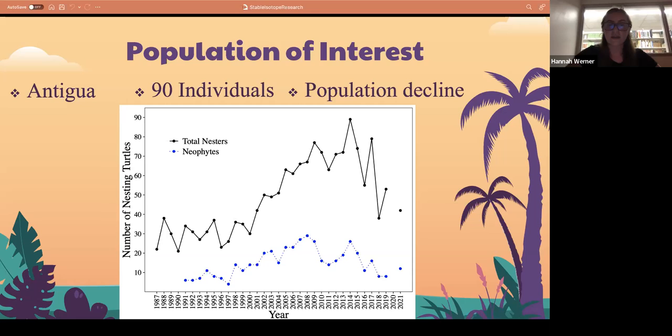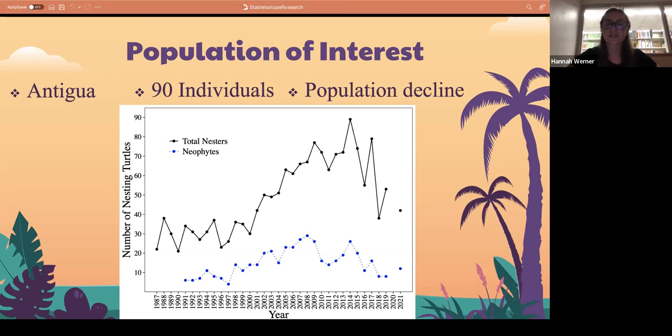So this could be in relation to two different things. We could be noticing this kind of trend based off of less turtles, like I mentioned. They are critically endangered. So maybe we're just noticing less turtles because they are dying off just because of environmental reasons, since they are critically endangered. The second reason could be they're reproducing less.